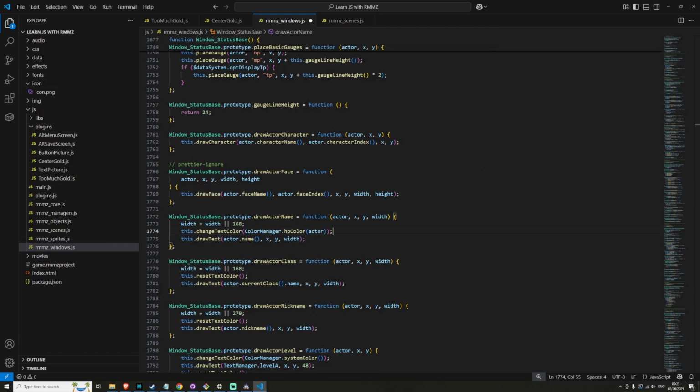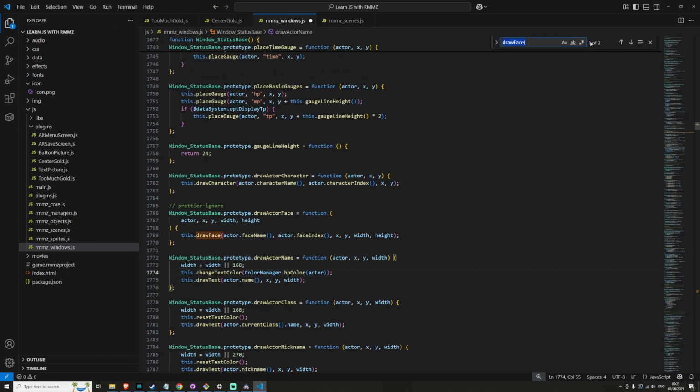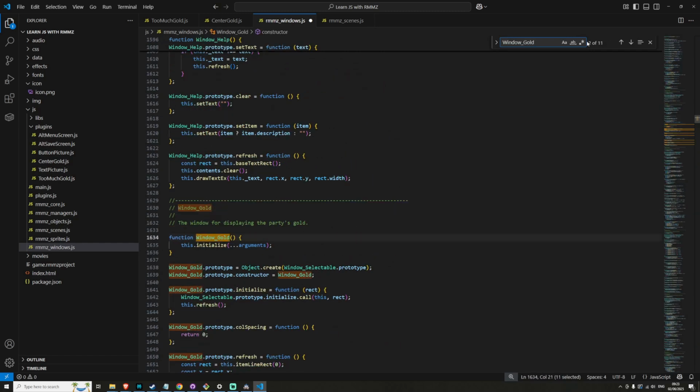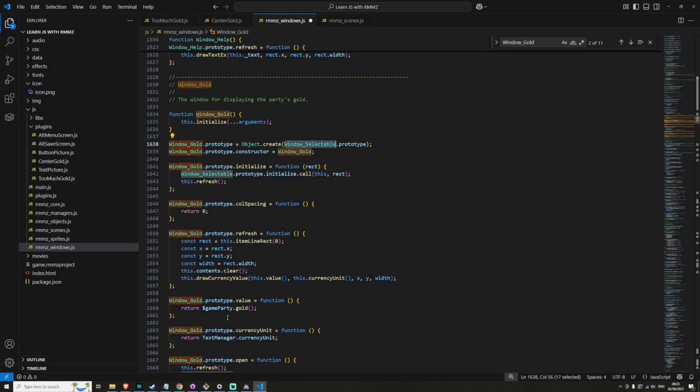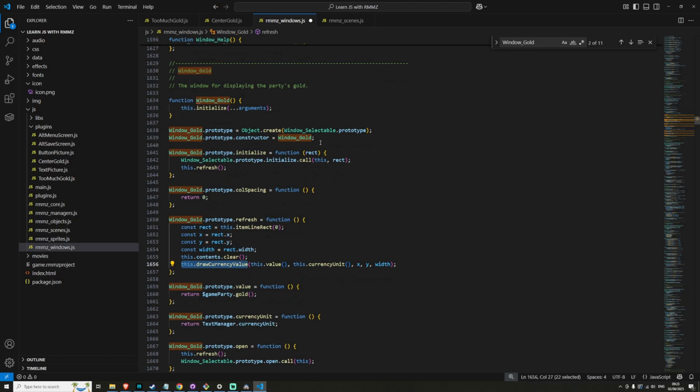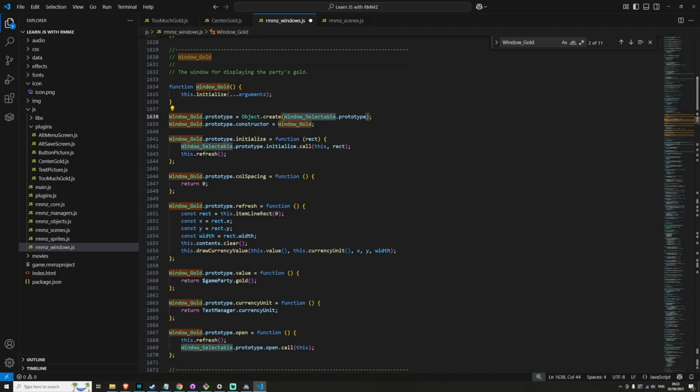I'm getting a little bit off topic here, but you can see how looking through, I'll just go window gold again. So you can see how the inheritance works here. You can access this .draw currency value because of the sort of snaking pattern of inheritance. And I think that was pretty much all I was going to cover on inheritance in RPG Maker, because